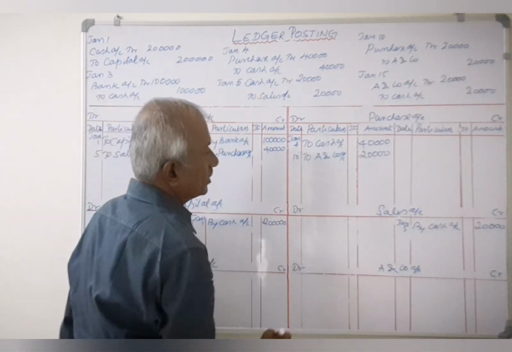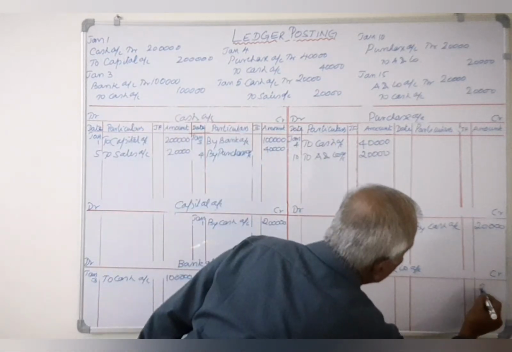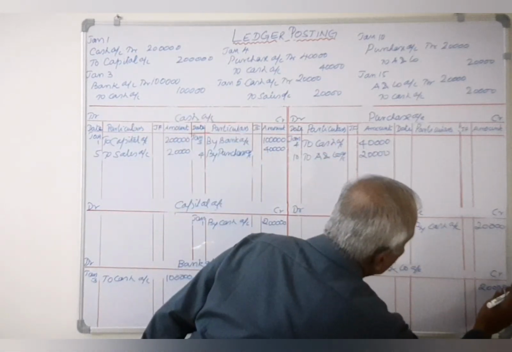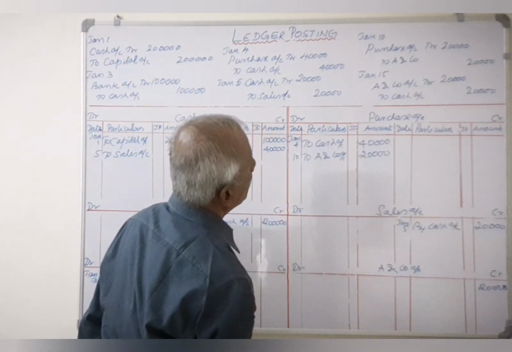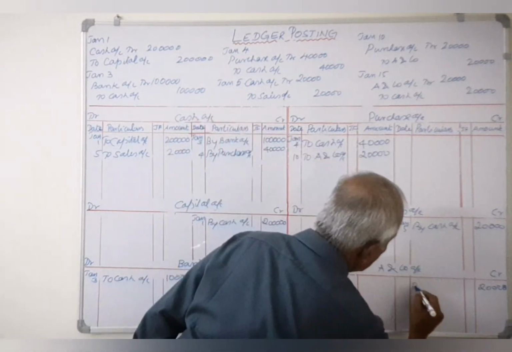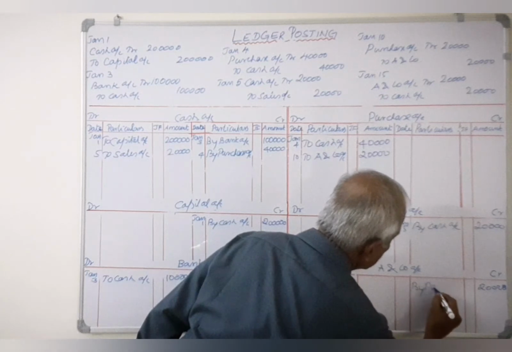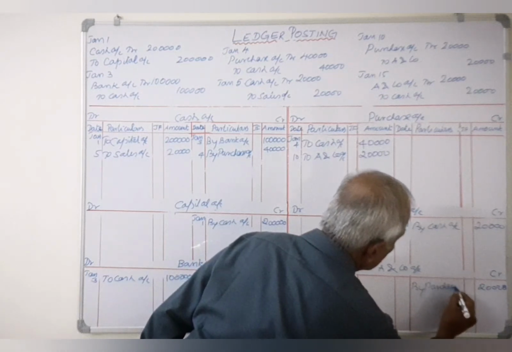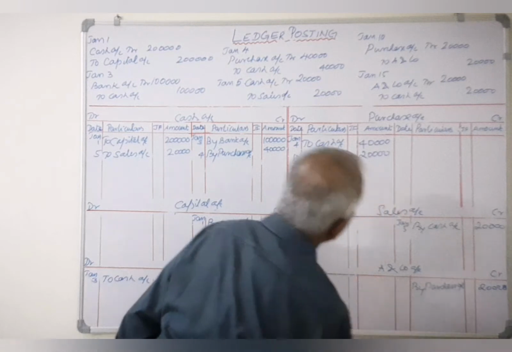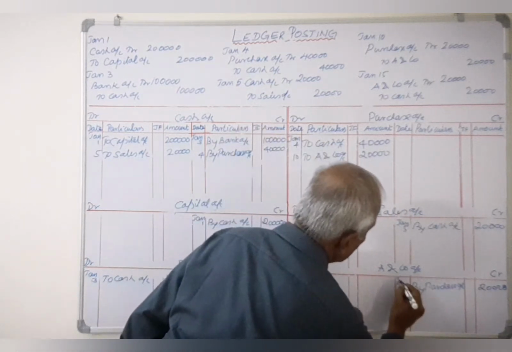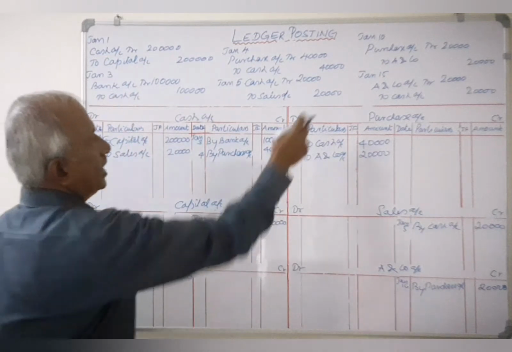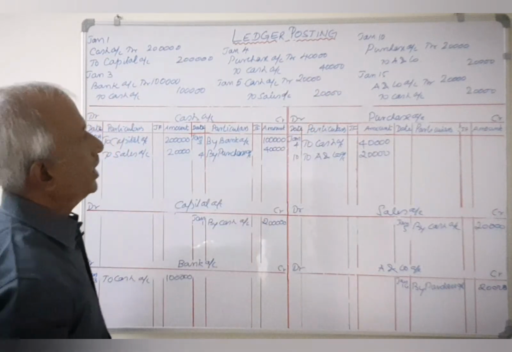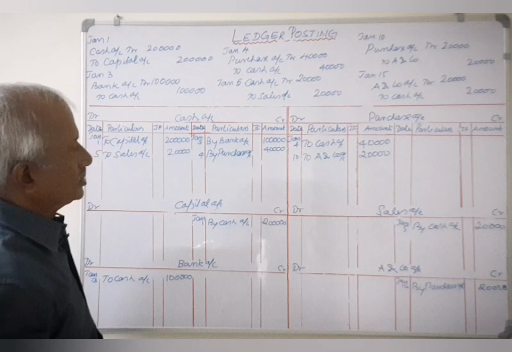So this is A&N Company, and this is the credit side, 20,000. Against it you record name of the account debited, that is purchase. So by purchase. Let us record the date January 10th. And the last journal is A&N Company account debtor to cash.